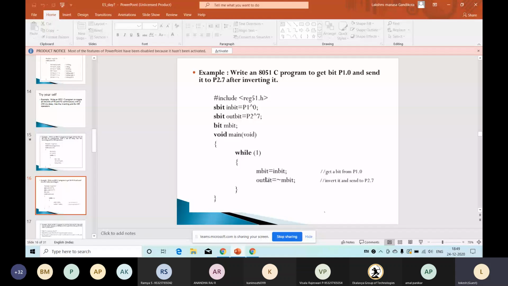Like that. So read the data, invert it, and send the data to another port. So this is the simple example program, how we can do these things. So if you are able to understand these programs